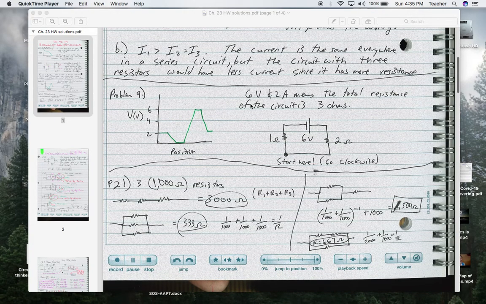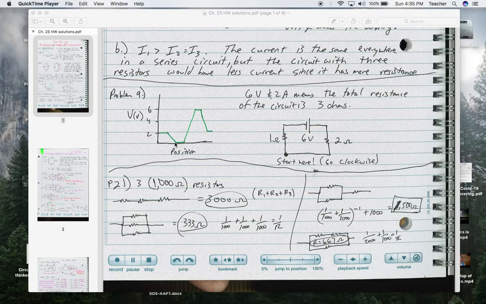Problem 9, we've got 6 volts, 2 ohms, 1 ohm. It gave you this graph, and it asks you to actually show what the circuit looked like. So if it's 6 volts and 2 amps, that means the total resistance is 3 ohms. And I know that I'm going from 0 to 6 volts at some point, so the battery would be 6 volts. So if I start here,